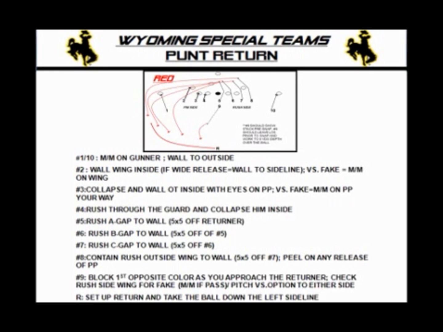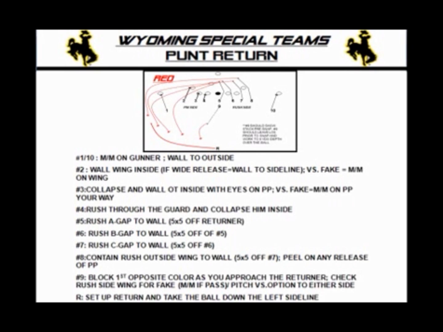So if for whatever reason I get knocked off course, so we talk about 5, in this case setting 5 by 5 off of number 9 who's getting the first opposite color down. Well, if 5 gets caught up in trash and protection and number 6 is clean, doesn't get the ball at the foot, but ultimately can beat 5 downfield, then we simply leapfrog that number. So whoever, basically between 5, 6, 7, and 8, whoever the first one down is really going to be the first one to set 5 by 5 off of number 9. Now, the way we clean it up